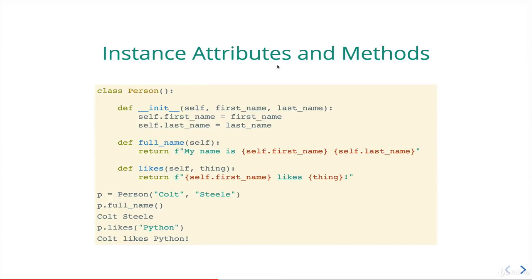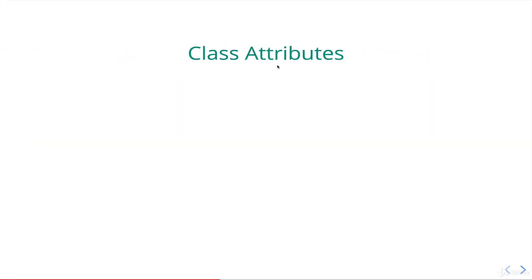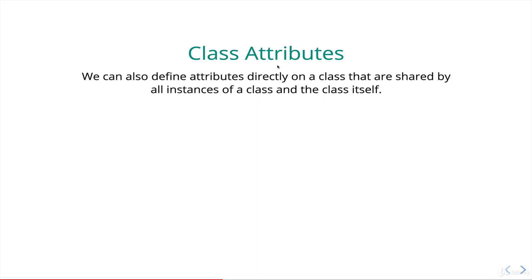Alrighty, so we've seen how to define instance attributes and instance methods. Now we're going to talk about class attributes and then following this, class methods. So if an instance attribute is defined on each individual instance of a class, on each user object, a class attribute is defined once and it lives on the class itself. So directly on the class, and they're shared. So whatever class attributes we define are shared by all instances. They kind of all point to the same class attribute. So let me show you what I mean.